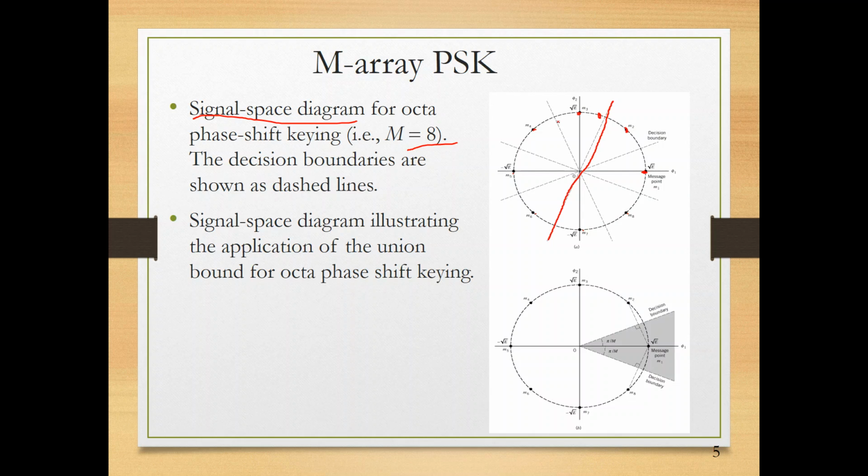These are the boundaries to determine and decide. If the symbol is to the right side of this boundary, and below the phase of this boundary, then it's M3. You decide it's M3. If it crosses this and comes here, it becomes M2. And you record, this is one error, one symbol error. This is how the receiver figures the error. Now